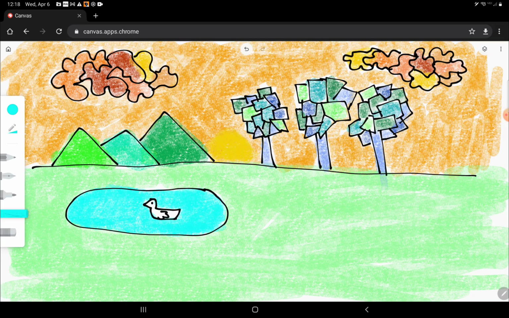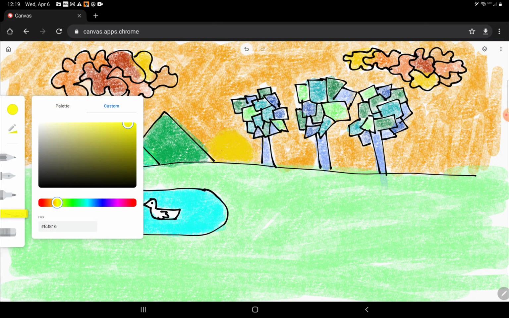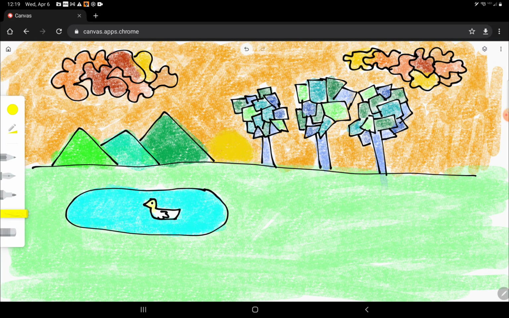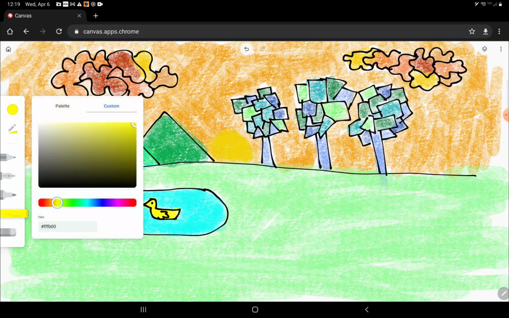And the background is all really warm colors, hot colors, those yellows, oranges, and reds in the sky and in the clouds. But the last thing I want to do is I'm going to look at my duck. And the duck, I kind of want to make it the focal point, the thing I want to look at most. And by making it bright yellow, down here, bright yellow, really warm color, right in the middle of all of that very cool, kind of bluish green